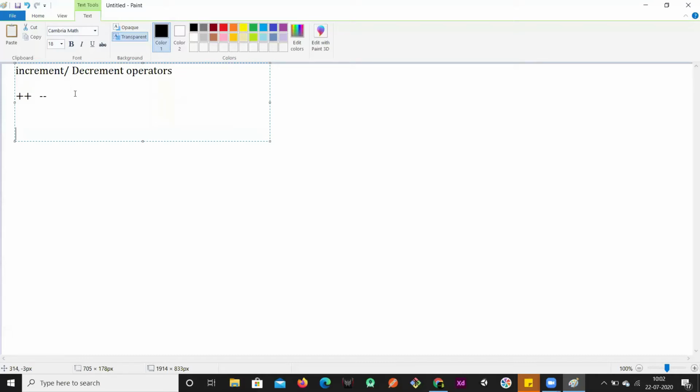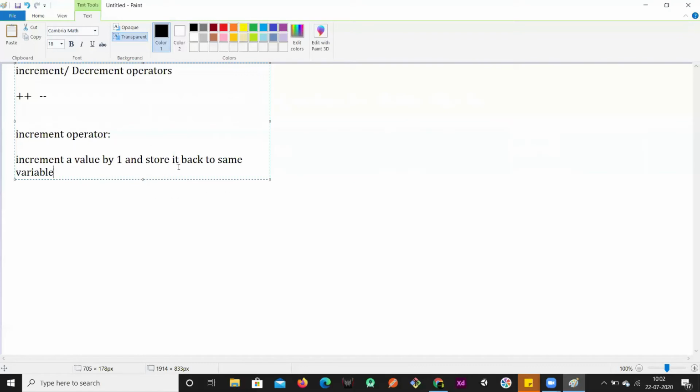So what do I mean by increment operator is incrementing the value by 1. Increment a value by 1 and then store it back to the same variable. Okay, so the increment operator will do what? Increment the value by 1 and the incremented value will be stored back to the same variable.